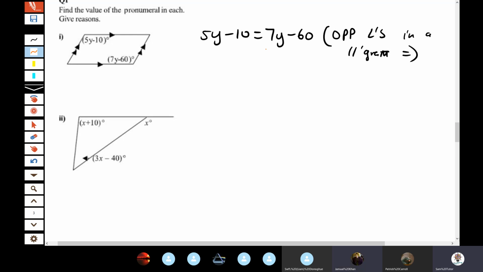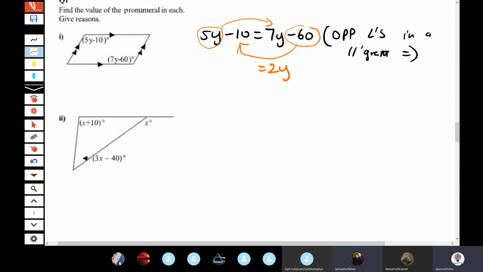When you're solving this, bring the 7y over to the left side and then the minus 10 over to the right side. Can I tell you, 5 take away 7 is a negative? Try to always keep your pronumeral positive if you can. Okay, so bring the 5 over, and then the 60. What you said wasn't wrong. It's just less room for error. All right. 7y take away 5y